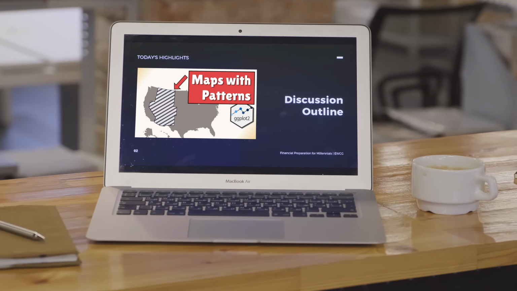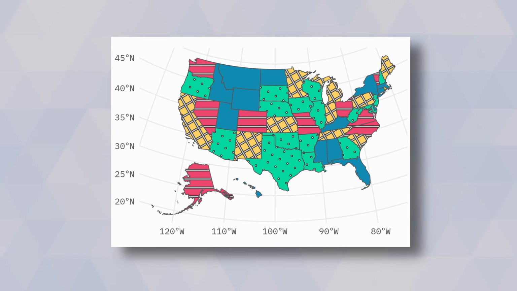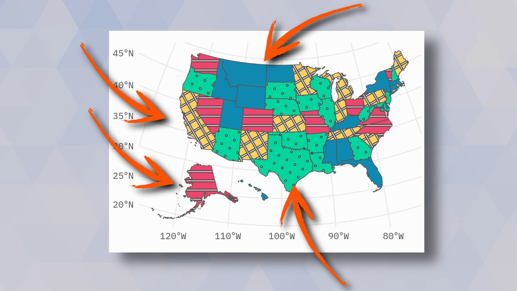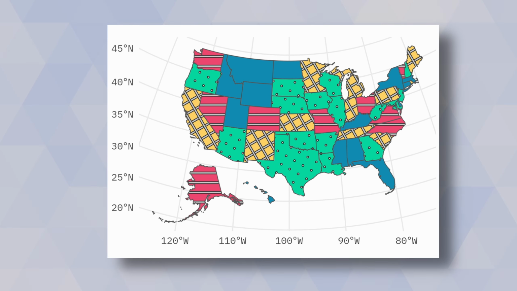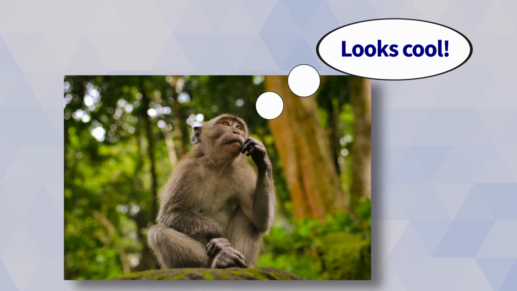In today's video, I'm going to show you how you can create such a map with ggplot. Not only is this a map of the United States, it's also a map where certain parts of the United States are colored differently, and also we have some wild patterns inside of some of the states. If you ask me, this makes for a kind of cool look,